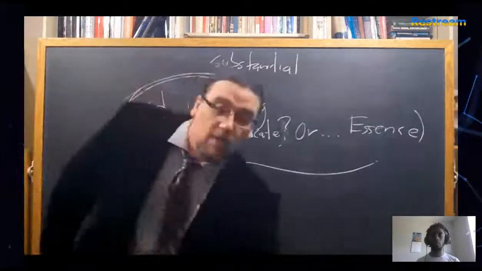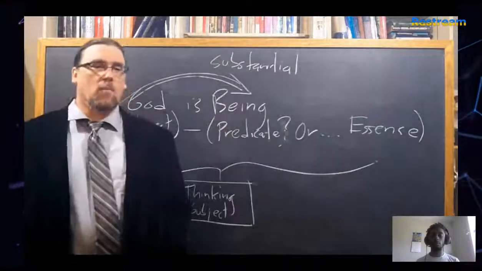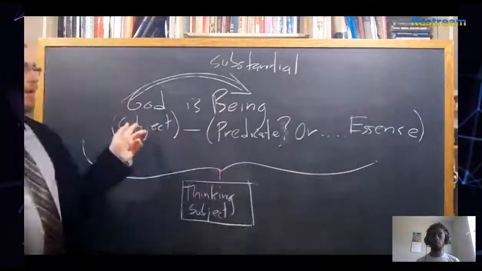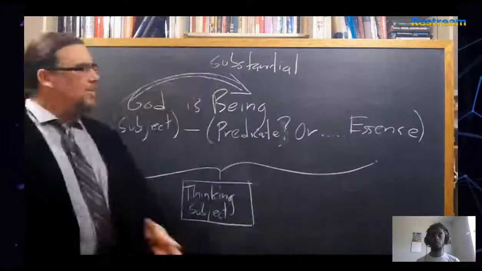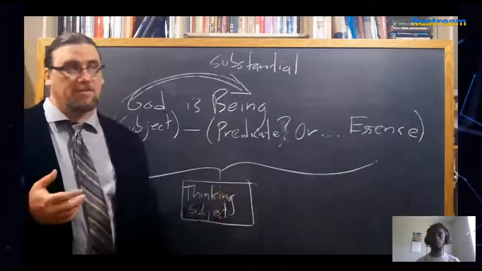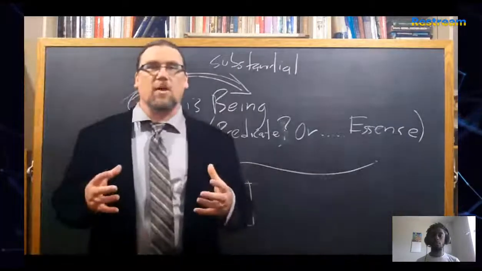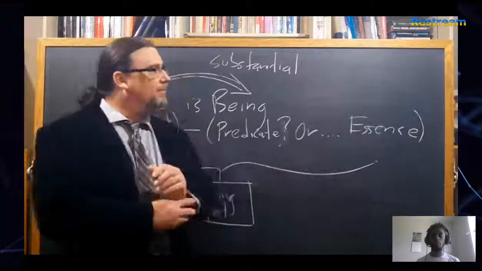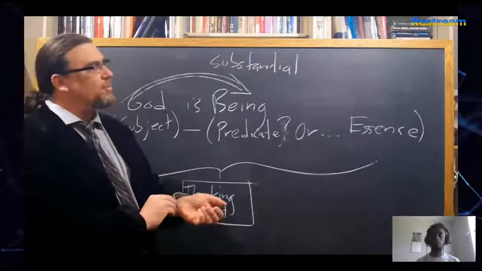Imagine we're trying to talk about a person, and you say, I want to hire this guy, what can you tell me about him? He starts out as sort of an X, and maybe he's got certain attributes. He walks into the office dressed in a coat and tie, and you say, is this guy a schmuck? Is he somebody who's high caliber? Is he a thief? Is he a stand-up guy? Now you're asking me for predicates. And if you want to get to the very heart of the matter, you're actually looking for something like an essence. You're looking for me to tell you, who is this person at heart? Who is this person at his core?